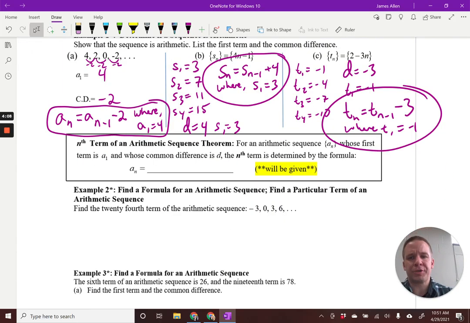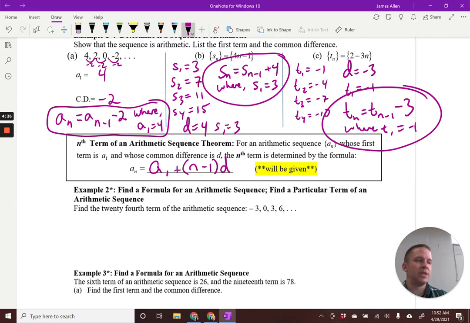All right, now we got our nth term of an arithmetic sequence theorem. For an arithmetic sequence, we can write a different formula here where we're not defining it recursively, we're defining it explicitly. Okay, so we're going to take our first term, a sub 1, and then we're going to add n minus 1, the term number minus 1, multiplied by